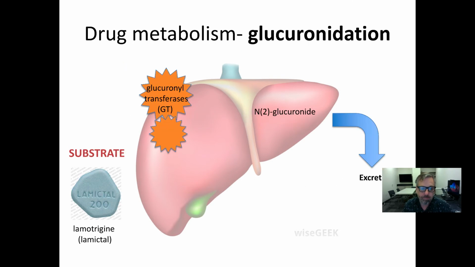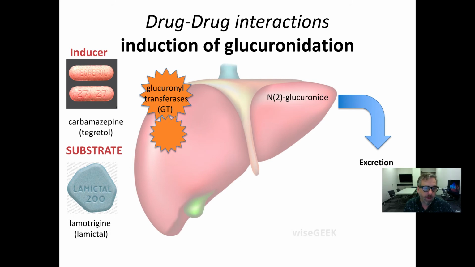for that patient. Now this can work with the glucuronosyl transferases as well. A substrate for the glucuronosyl transferases is lamotrigine, or Lamictal. When that's going through, it breaks down to N2-glucuronide and is excreted from the body. Now, let's say your patient is taking lamotrigine, and then you introduce carbamazepine, which is Tegretol, another mood stabilizing medication. Now,